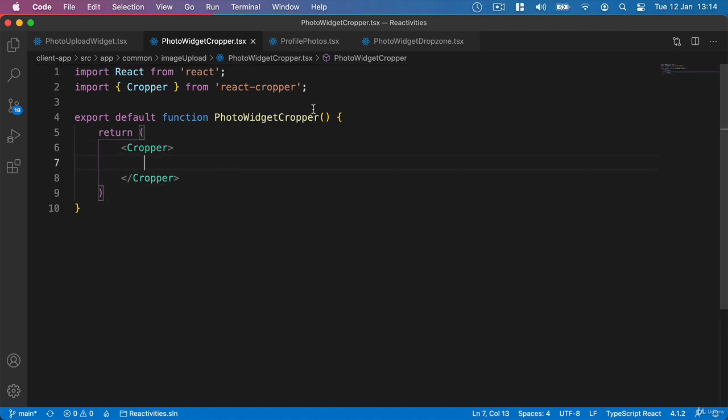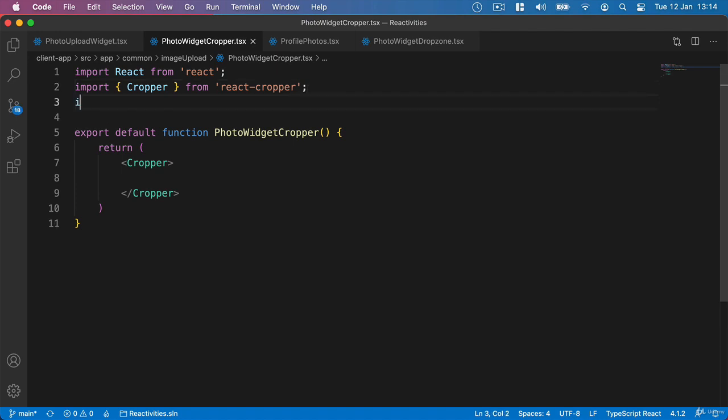But what we also need inside here is the cropper.js CSS. So what we'll do is add the import for the CSS here. This is the only place we need this, so we don't need to add this at our index.tsx level. So we'll say import cropperjs/dist/cropper.css. And our Cropper, which doesn't need a closing tag, what we'll do inside here is just create the Cropper